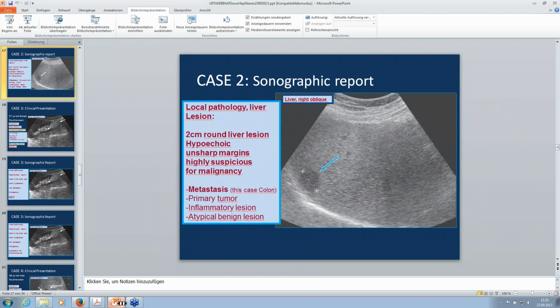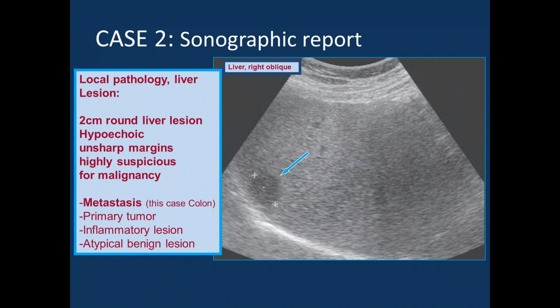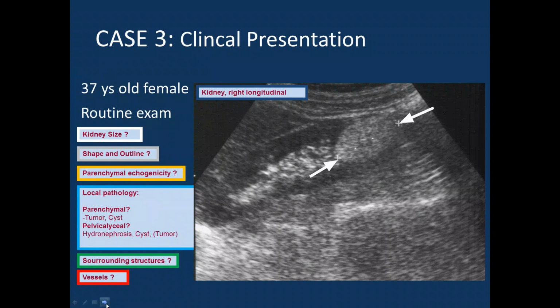Is there any question left? No. If there is no question, then we change from the gastrointestinal tract to the kidneys. So our case 3 is again a female,